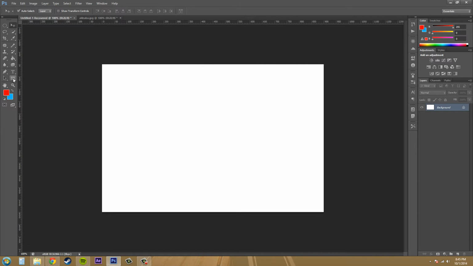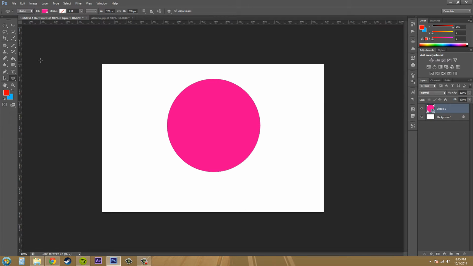So let's select our shape tool here. Let's make sure that it's on shape up here, and then I'm gonna check my settings real quick. I want to have it on new layers, good, and then just check all these. I don't want fixed size. I'm just gonna do unconstrained right now. All right, so what I'm gonna do, I'm gonna make a circle, and then I'm going to change this to subtract, and then I'm gonna go ahead to my custom shape tool